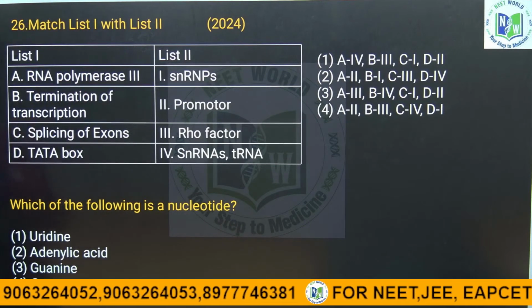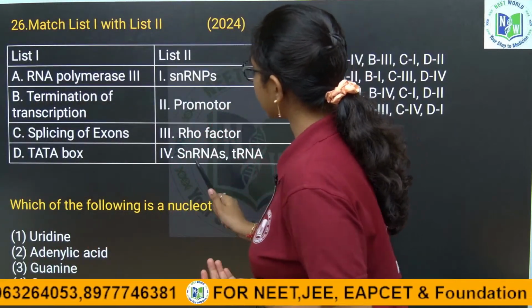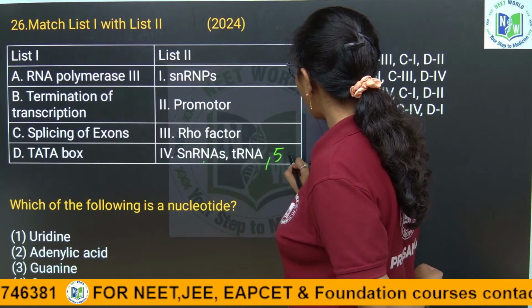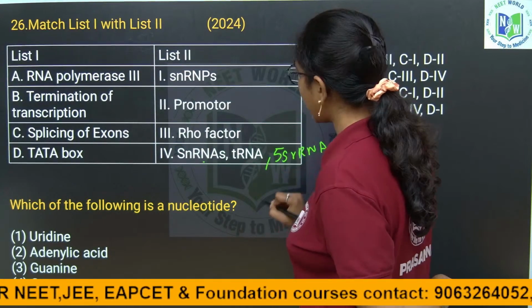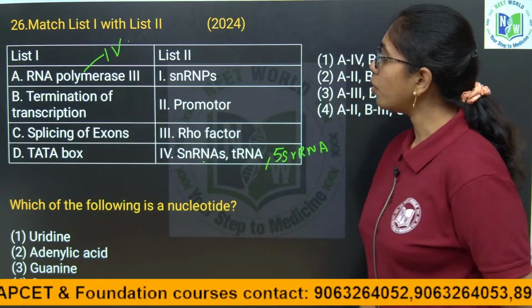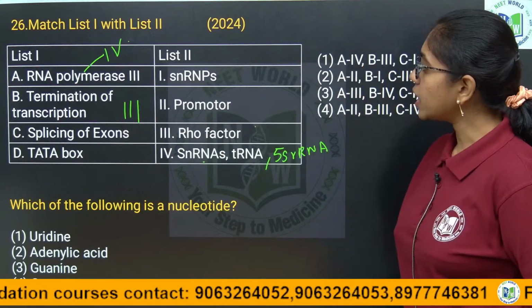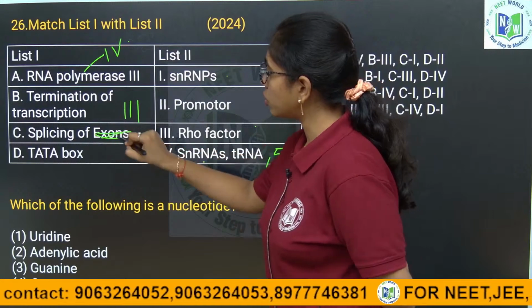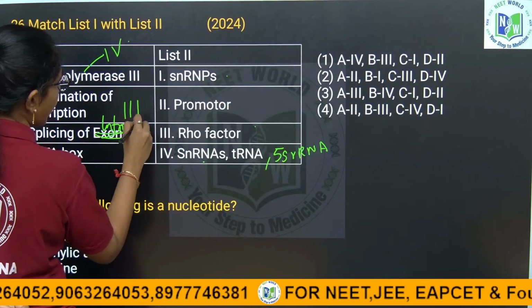will synthesize what we have discussed in the previous question also, no. RNA polymerase 3 will synthesize snRNA, tRNA and 5S rRNA also. So, here it is option 4. Termination of transcription is with Rho factor. Splicing of exons, not, it is splicing of introns is done by SNRPs, which